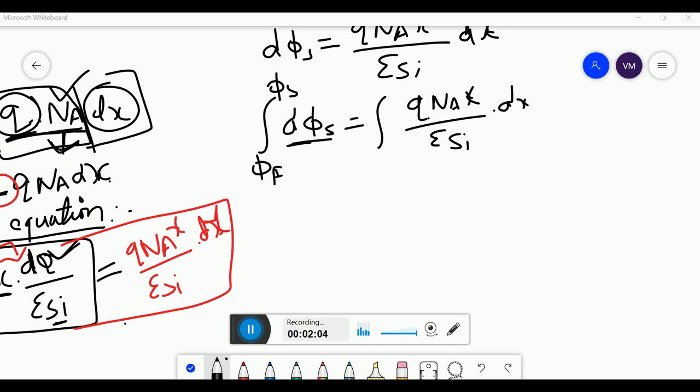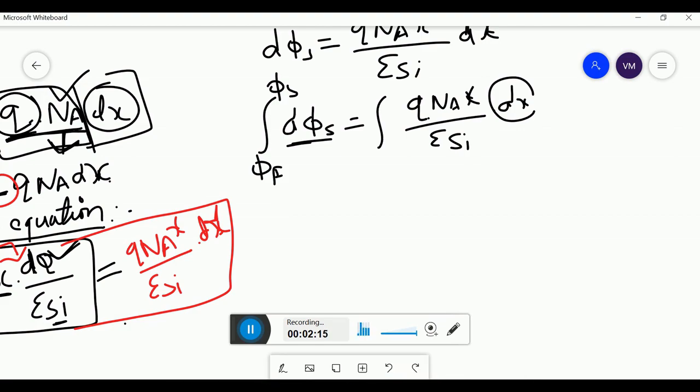Now let us find the limits for the second integration. The second integration belongs to the dx. Dx means the size of the depletion layer. So the size of the depletion layer is from 0 to